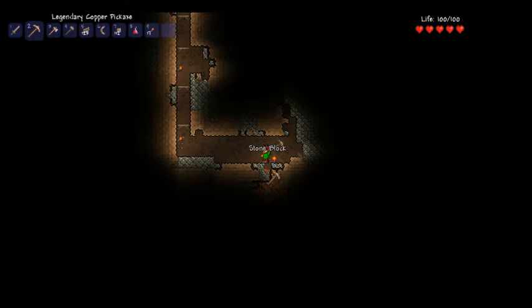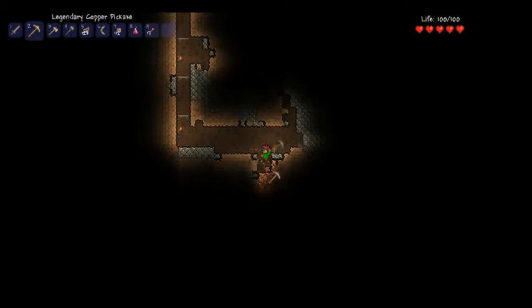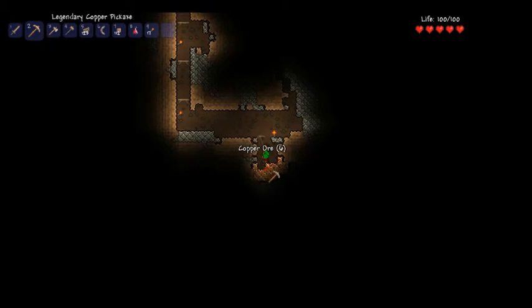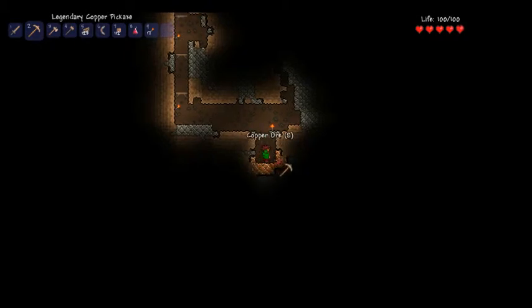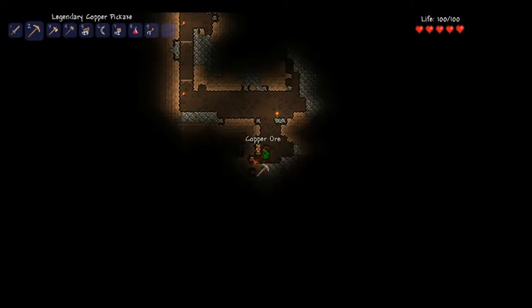Okay, seeing copper down here. The copper is normally found in large groups like this, so normally where you find one copper, you find multiple. It takes 3 copper ores to make 1 copper ingot, and I can't remember off the top of my head